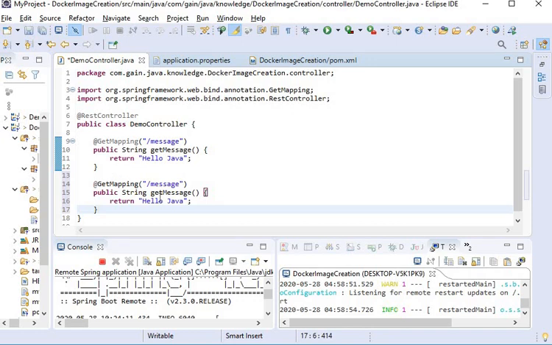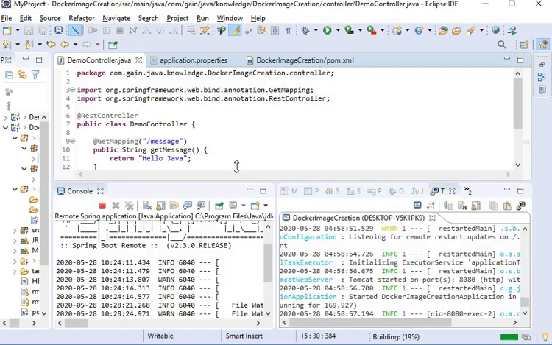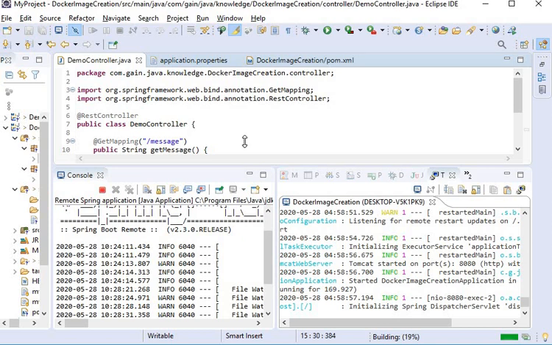Here if we want to print both hello Java and hello Spring, so here I will create one more endpoint. And here I am not restarting my server and just save this value. And now we have created two endpoints, and we will see in my remote application.